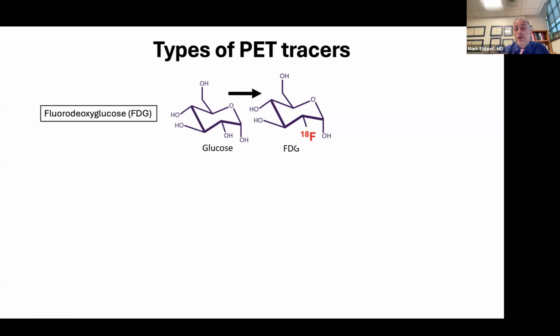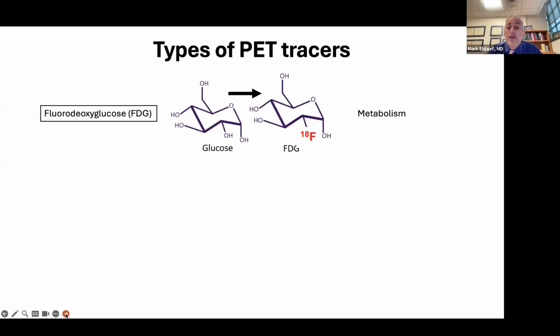And like I said, the radioactive sugar, if it's in the bloodstream, your brain loves to take up sugar. It loves to use glucose as its source of energy. And so what you're going to get is a map of what's called metabolism. What areas of the brain are showing metabolism? What areas of the brain are using the glucose? And so you get just this map. And if you have a normal, healthy brain, you're going to see the whole brain light up, right? Because the entire brain, in a very uniform fashion, is using the glucose to make its energy, and